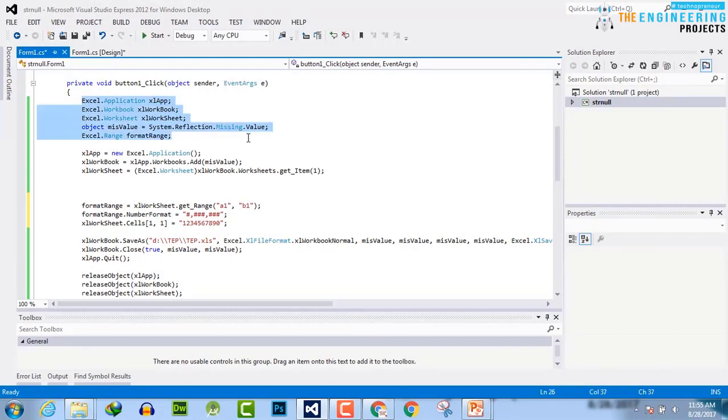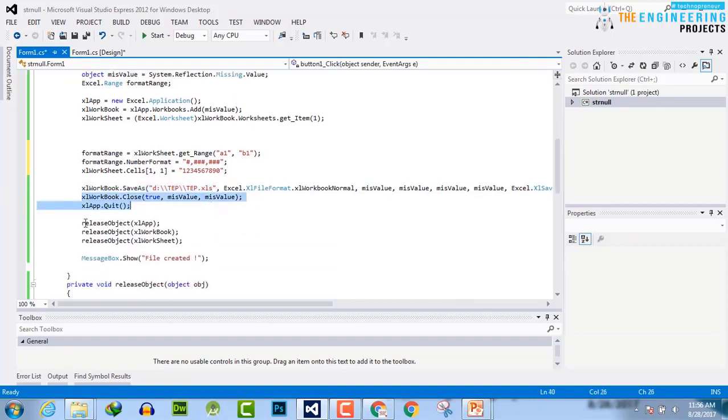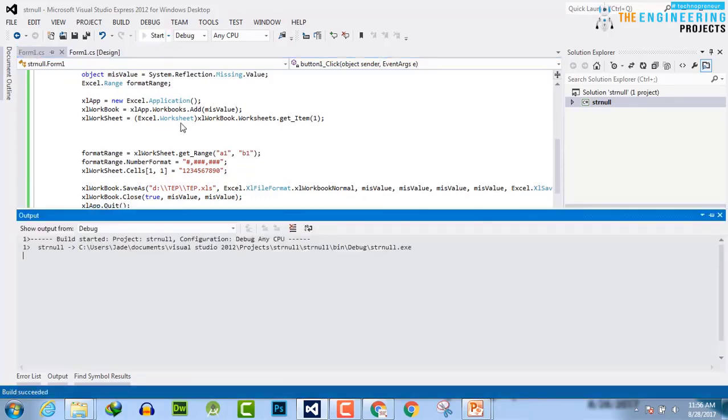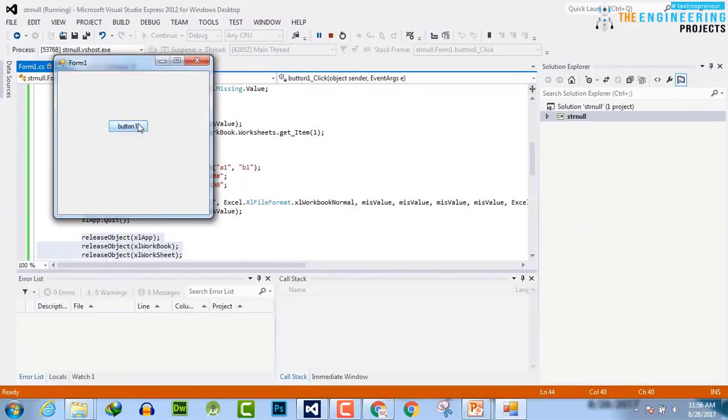It is as simple as that: we have created the application, worksheet, workbook, miss value and format range. Allot the space to the Excel file, workbook and sheet. Here is the range code as I have explained in my PPT. Then give the path of the Excel file which we want to create, close the file, quit the file and release the object. Now I will start the program, and when I click this button, the program opens,